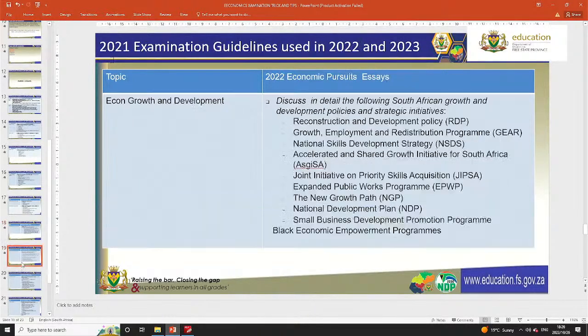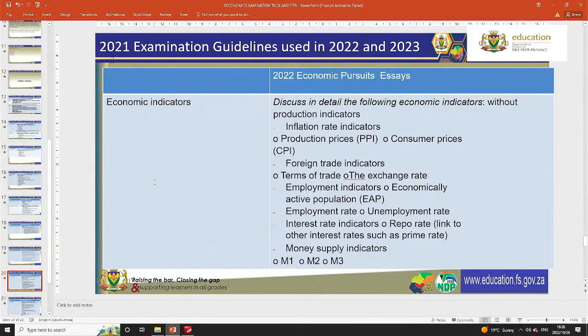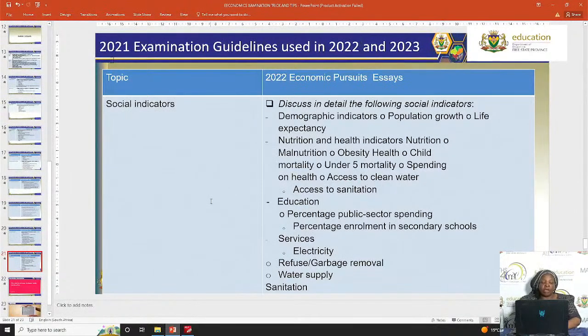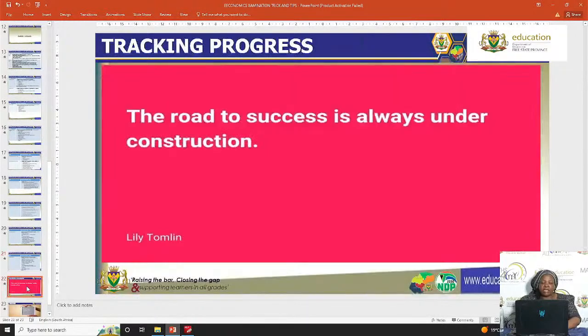economic growth. And then you must also be able to discuss in detail the following South African growth and development policies. Right, I'm not going to outline the policies one by one, but that is one of the essays, and then you must be able to do your indicators. And you must also remember you have economic as well as social indicators. I can't emphasize